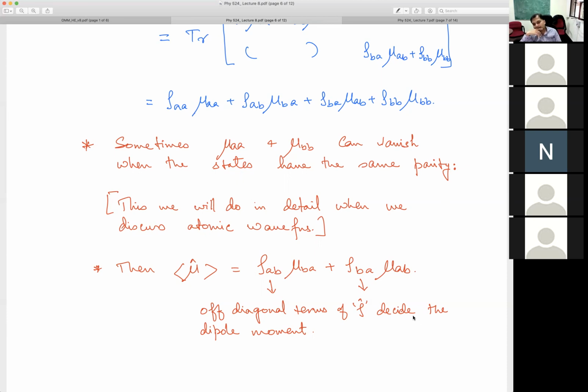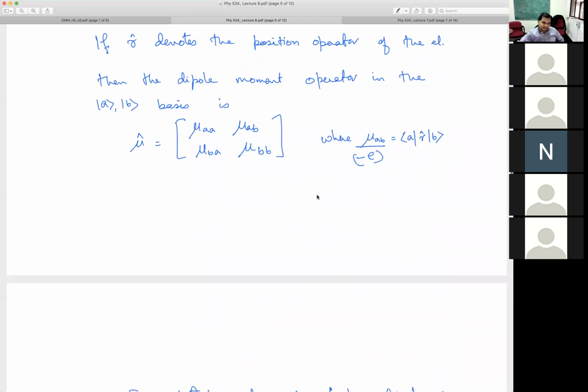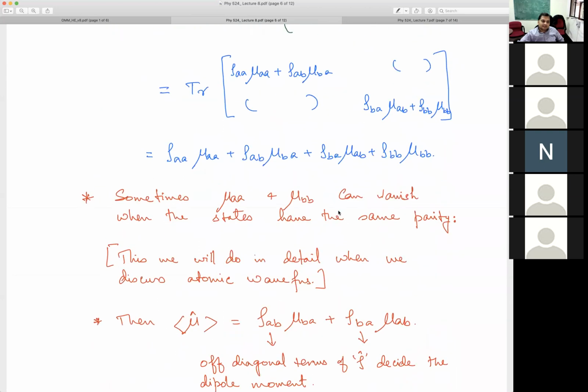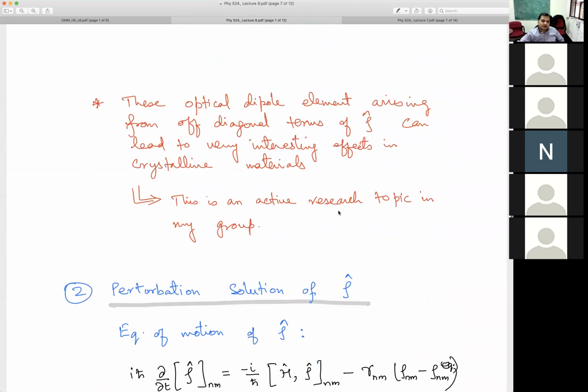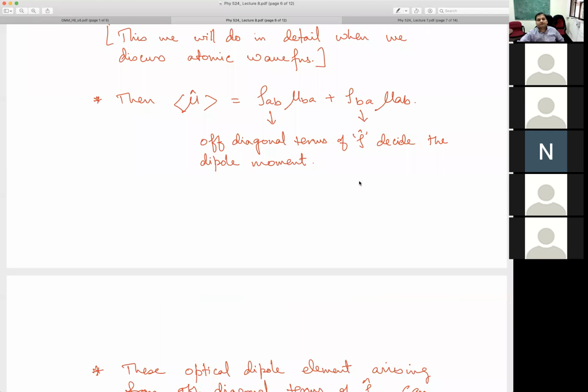Okay. And so yeah, also in optics and more in quantum crystalline materials. So they are a huge topic of research currently, because a lot of new effects are being discovered using this kind of a framework, formalism, etc., including a lot of work that we are also doing in my group. Okay. But this example was just to highlight one simple calculation of a two-level system, where you see that the off-diagonal terms of the density matrix can play an important role.